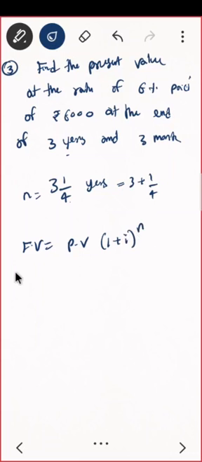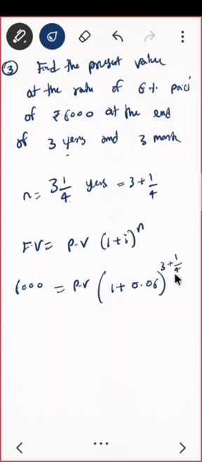So what is future value? That is 6,000, and present value you have to calculate, 1 plus I, so 6 upon it, so it will be 0.06, and raised to 3 plus 1/4. So how to calculate this? You may write it like this: 6,000 equal to present value into 1.06 raised to 3 into fourth root of, that is